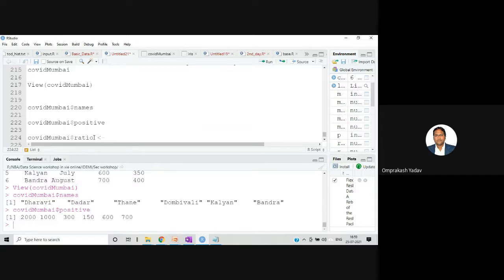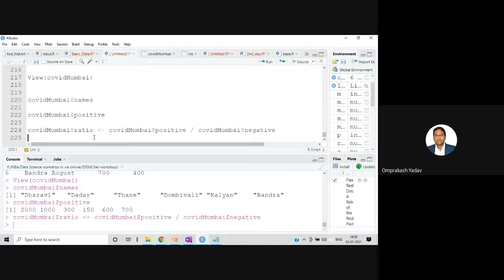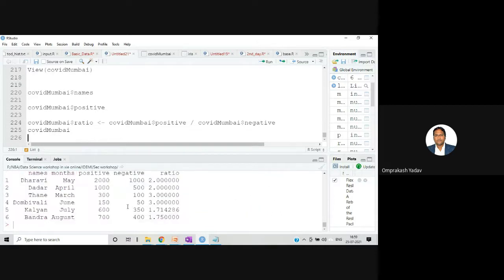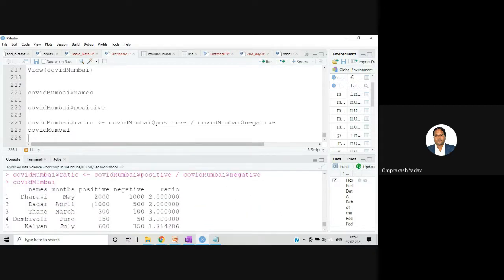And to this, I can assign COVID Mumbai dollar positive divided by COVID Mumbai dollar negative. Just execute this and again look at COVID Mumbai. Now I have those ratios over there. So I got positive divided by negative, and that ratio column got added.